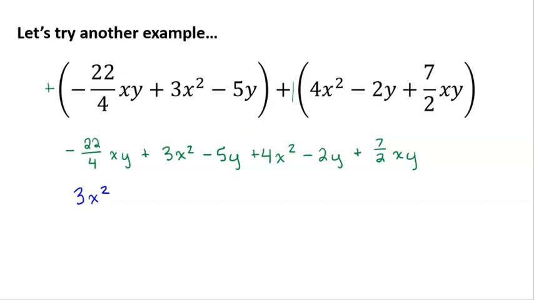So I have 3x squared, and then I can put my little check mark over it so I can remember that I wrote it, and then plus 4x squared, and then I don't have any more x squareds, and then I have negative 22, and notice that I'm keeping it negative, over 4xy, and then plus 7 over 2 xy,